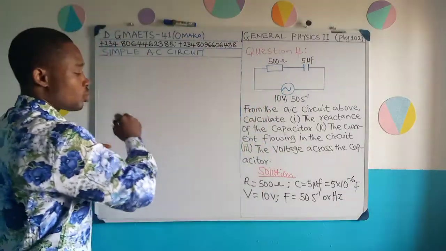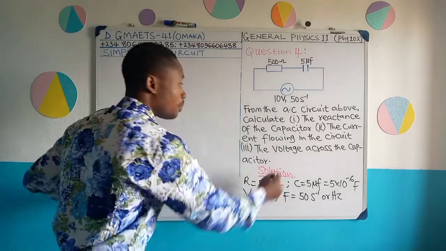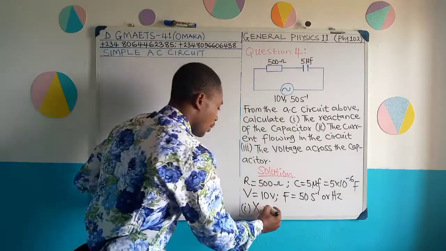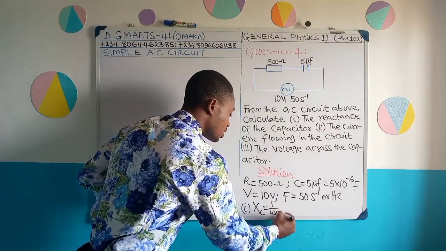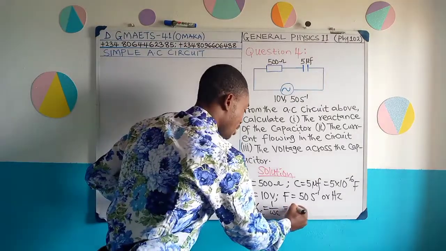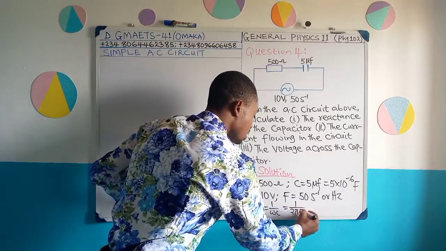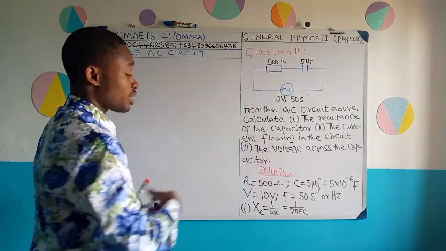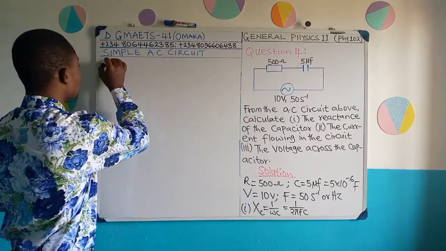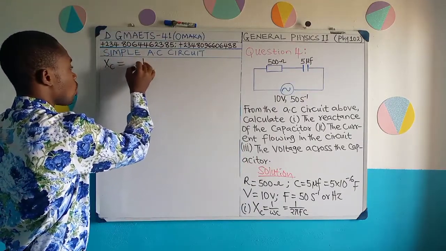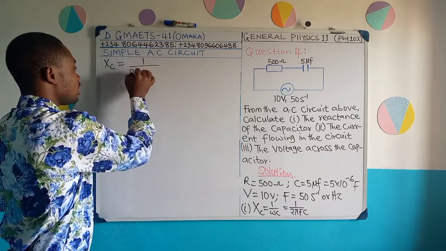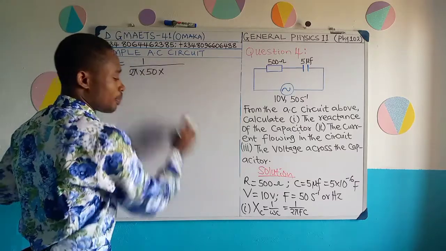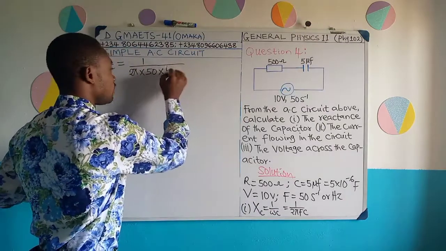Good. The first part of the question, we have to determine the reactance of the capacitor. Reactance of the capacitor is the same as capacitive reactance. And capacitive reactance is 1 over omega C, which is also the same as 1 over 2 pi F C, since omega is 2 pi F. So we have to write it in terms of frequency because we're given the frequency from the question. So the capacitive reactance will now be 1 over 2 pi times the frequency, 50, times the capacitance of the capacitor, which is 5 times 10 raised to